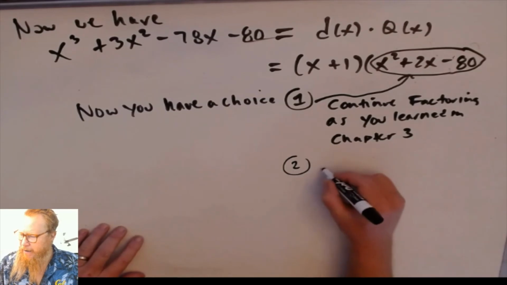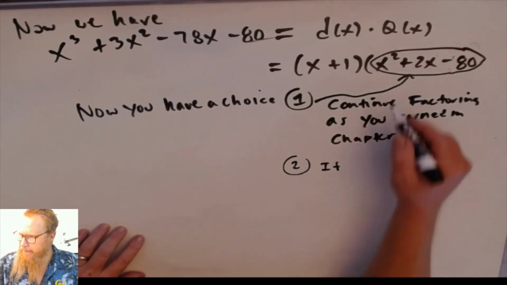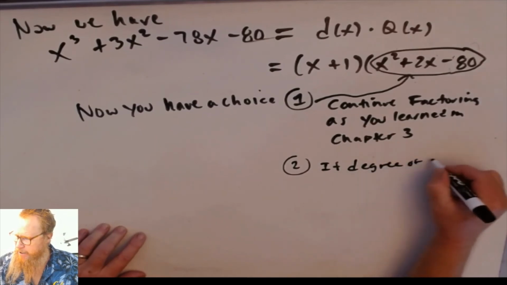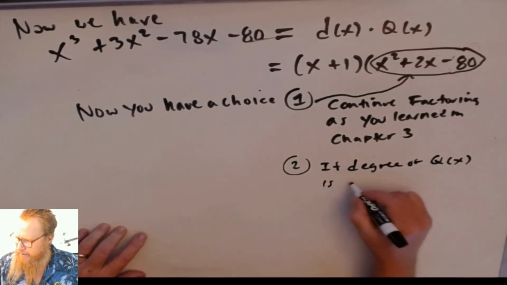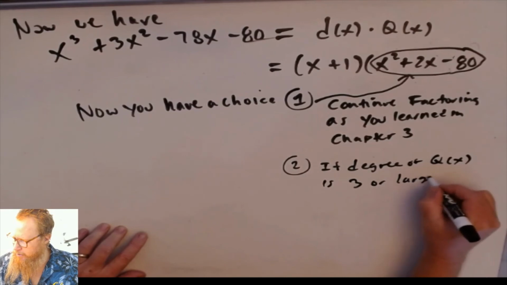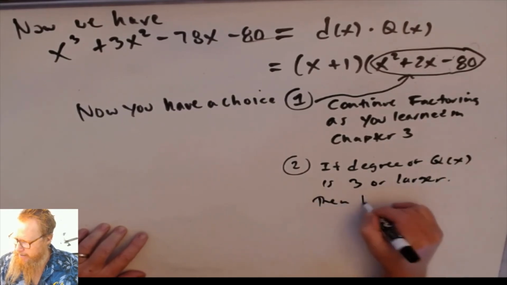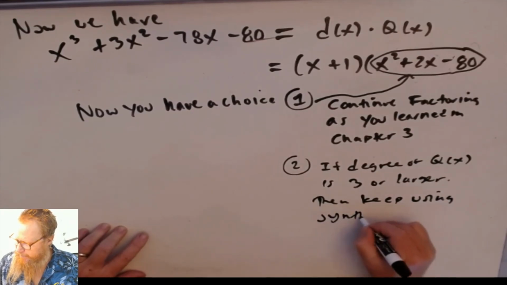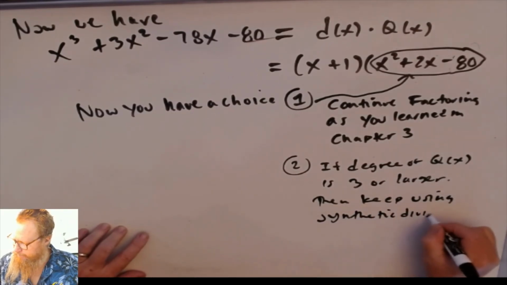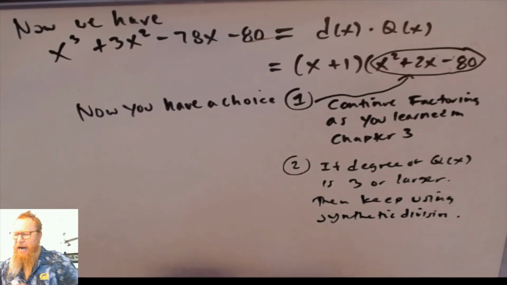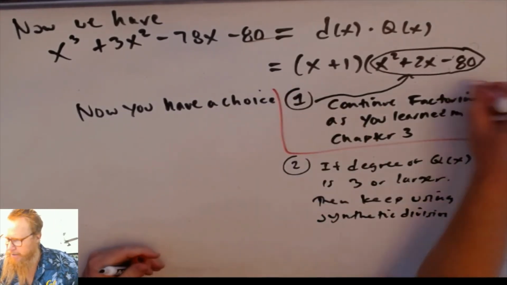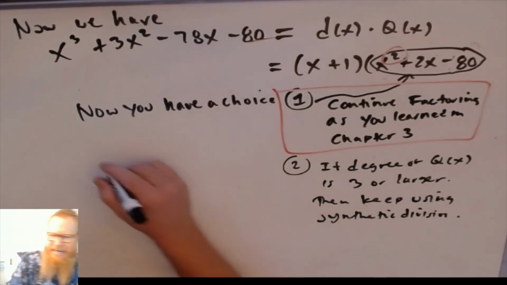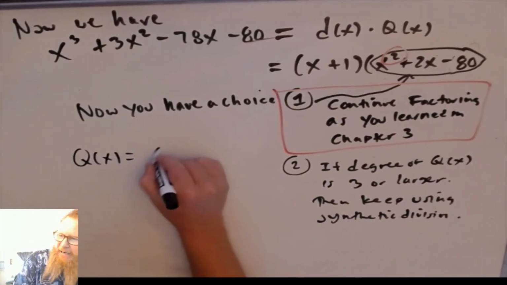Or if the degree of Q is 3 or larger, then keep using synthetic division. I'm going to choose choice 1 because the degree is small. I can easily factor Q of x